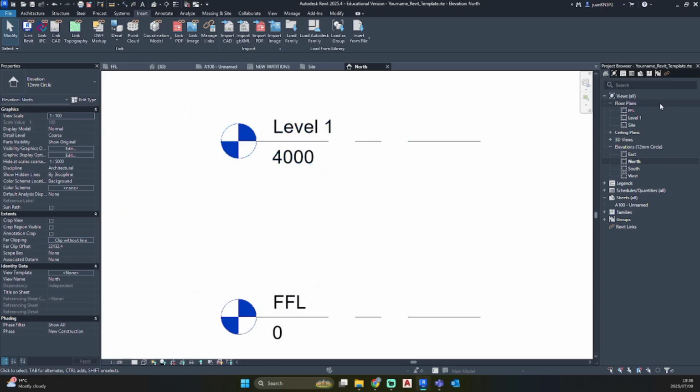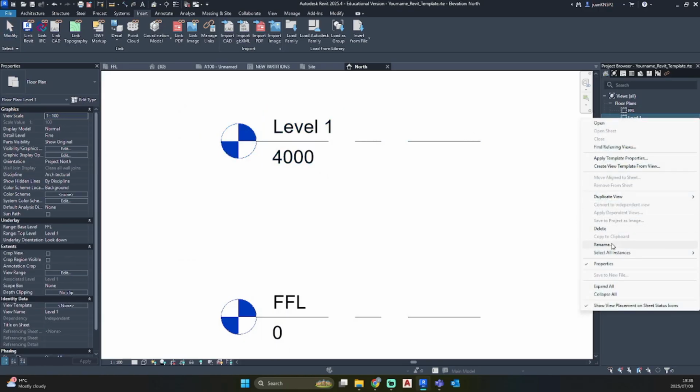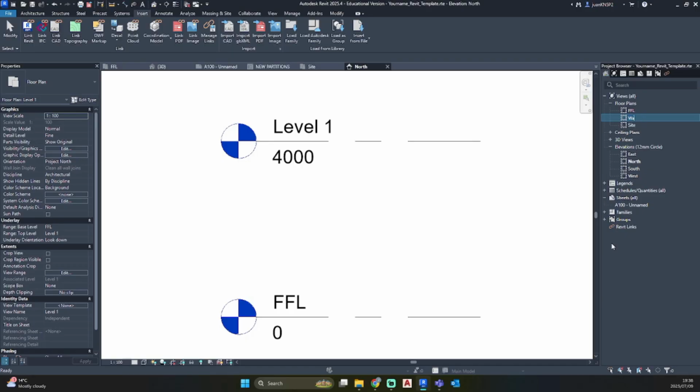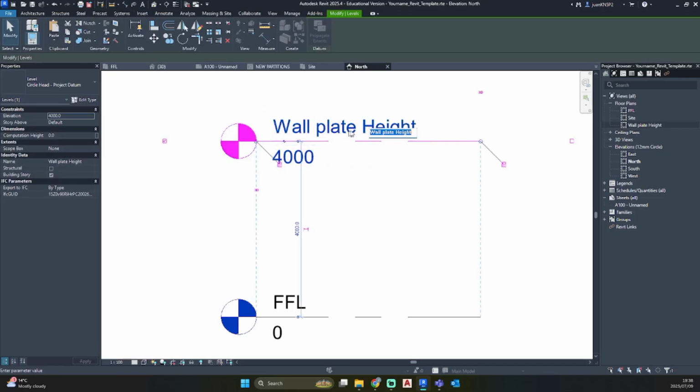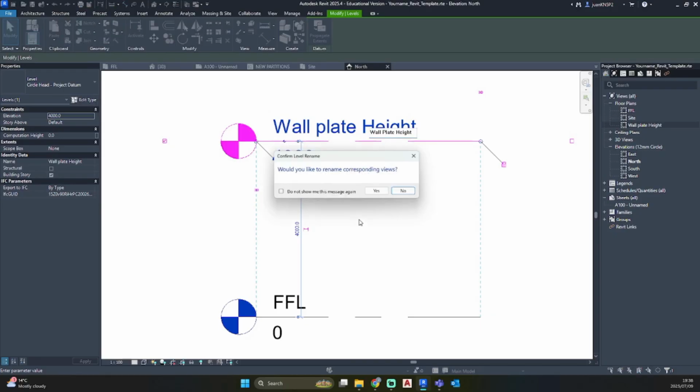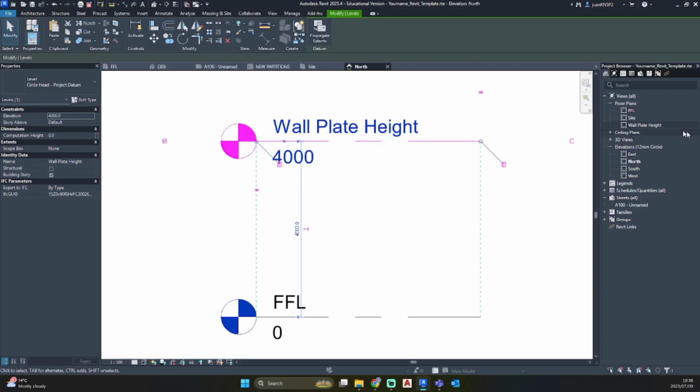As you can see, level 1 is still level 1. If we rename that to wall plate height, and select yes, then it will change with it. And then you can just click on the level to also make changes. And if you would like to rename corresponding views, just say yes, and then your name would also be adjusted. So let's